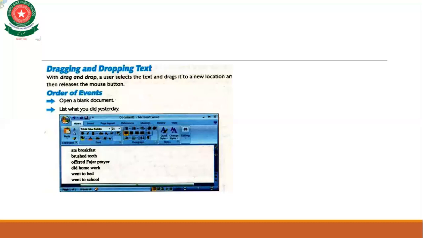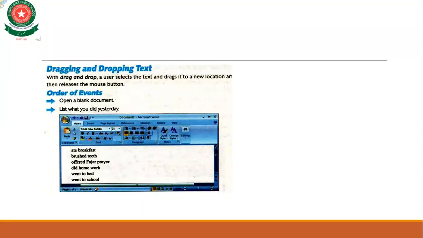So here, order of events. Point number one, open a blank document. Point number two, list what you did yesterday. Here you write: ate breakfast, brushed teeth, offered Fajr prayer, did homework, went to bed, went to school.